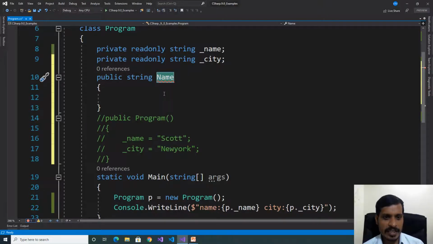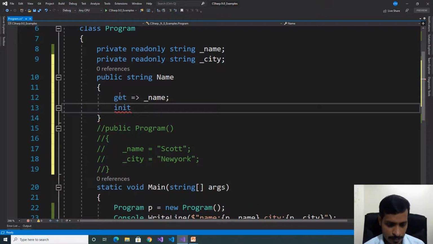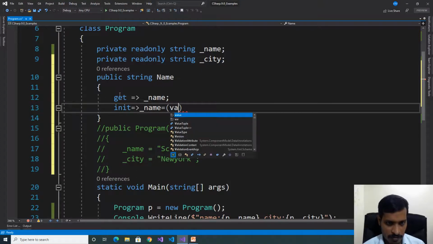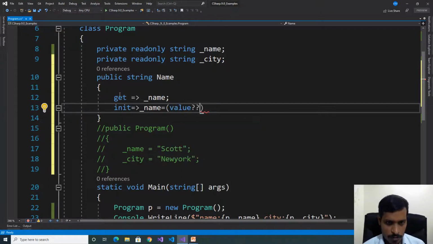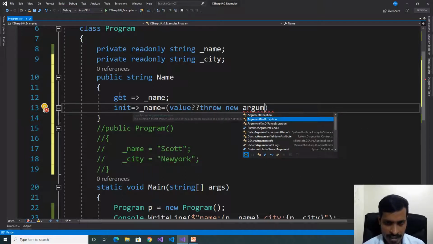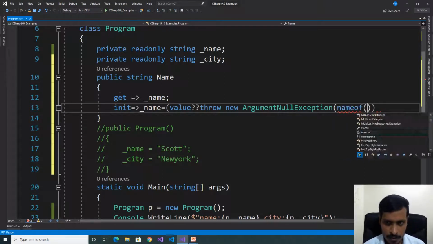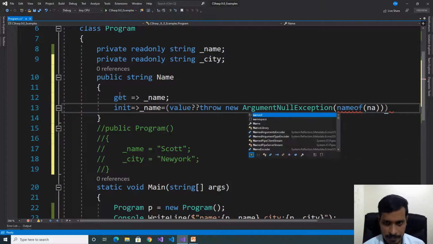In C# 9, the init accessor was introduced. get => _name; init: _name = value ?? throw new ArgumentNullException(nameof(Name)).